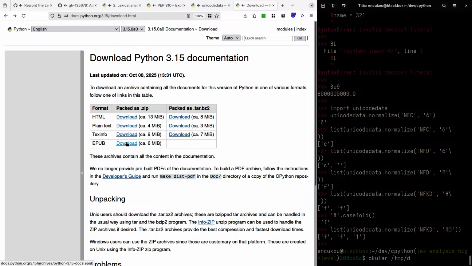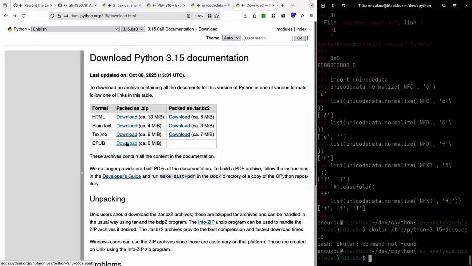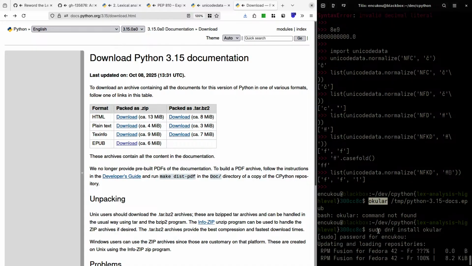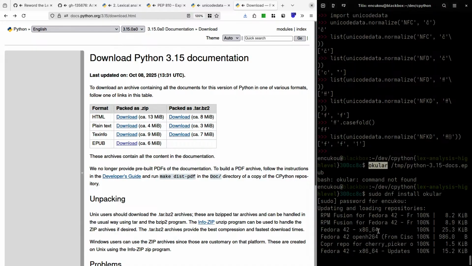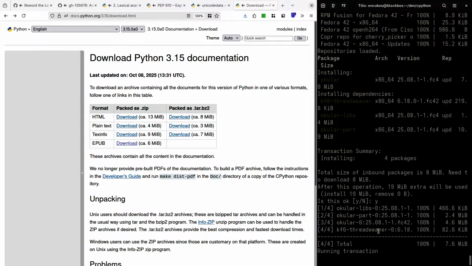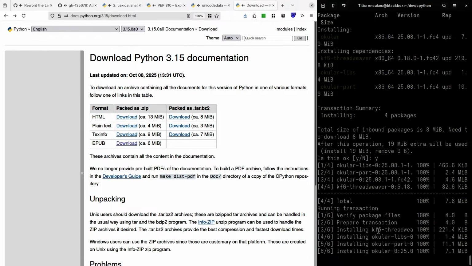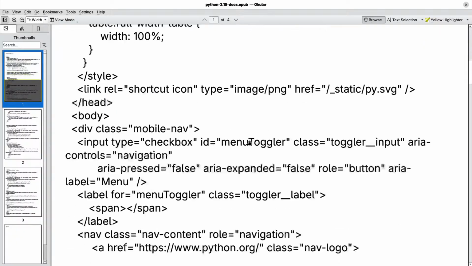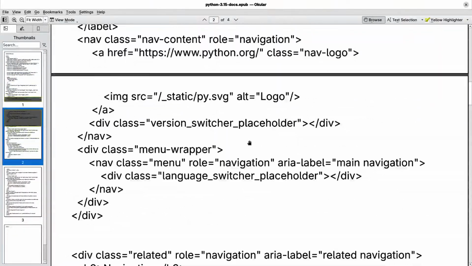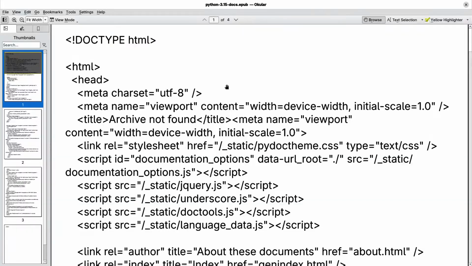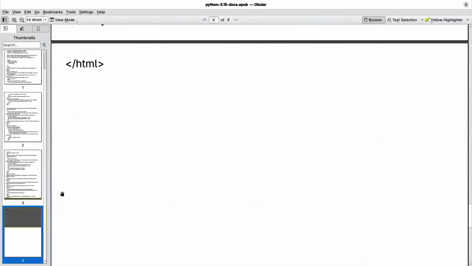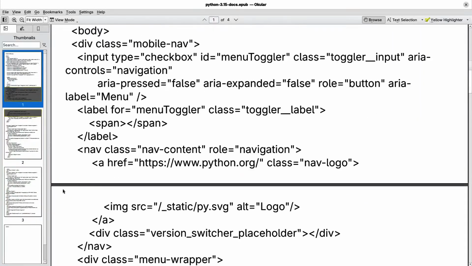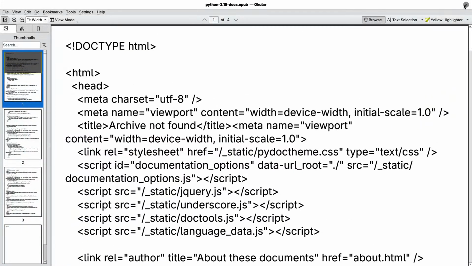I'll try opening 3.13. That's an interesting idea. Let's download that. I don't have Okular installed. 3.13 does not open either. Interesting. Let's go to 3.7. Yeah, it sounds like an Okular bug, because none of them seem to be opening. Does Okular read EPUBs? It does. I believe it's part of the point of Okular, although I could be mistaken.